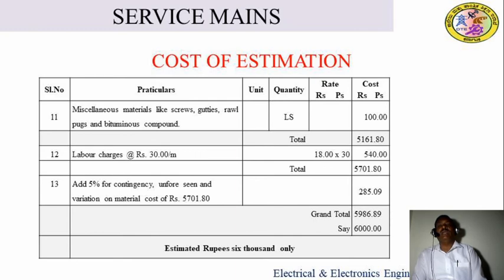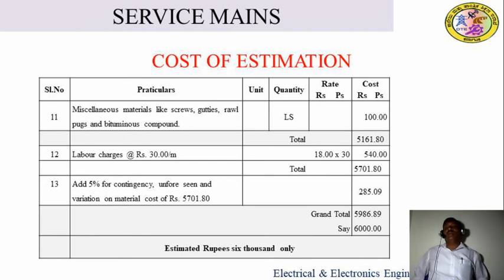In the unit column you have to put what the material is measured in, kg, meter or it may be dozen. In the quantity column, the quantity that we have calculated, you have to put. In the rate column you have to substitute the present market rate. Then quantity column and rate column you have to multiply, and you will get the total cost of the material that we put in the cost column.